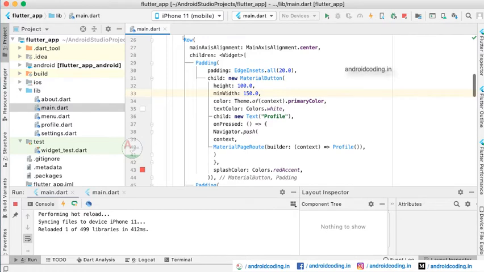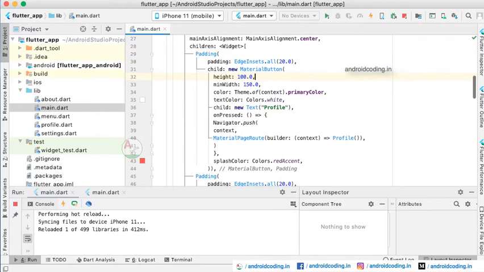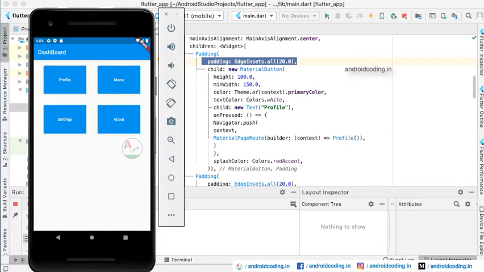Inside the row we have taken center gravity. If you are coming from an Android background, you might have gravity as center, so that is what we have considered. This entire block is the first row, including the white color spaces you are seeing. We have taken center so that it looks in the center position like this, and also we have considered some padding for each button. We have considered 20.0 as padding around the button.